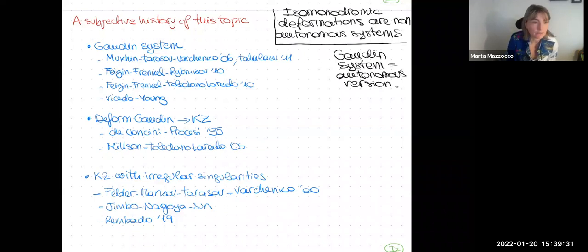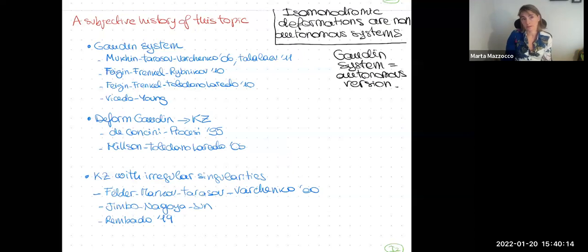Regarding the Gaudin system and its quantization, the first results about quantization of the Gaudin system, maybe there was a paper by Mukhin, Tarasov, and Varchenko, and then more recently by Talalaev, in which they defined these quantum Hamiltonians for the quantum Gaudin system as some elements in a large abelian subalgebra in the tensor product of the universal enveloping algebra. Then there is a paper by Feigin, Frenkel, and Rybnikov, in